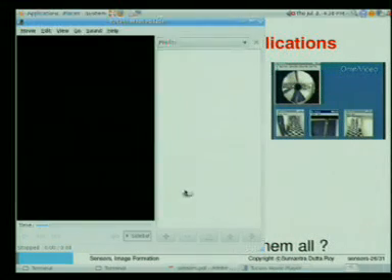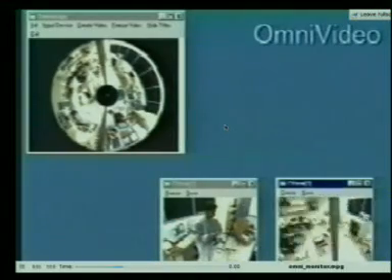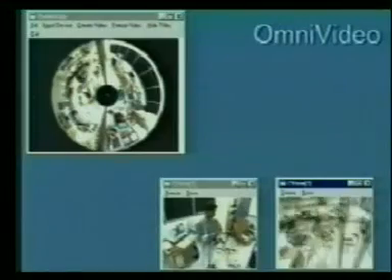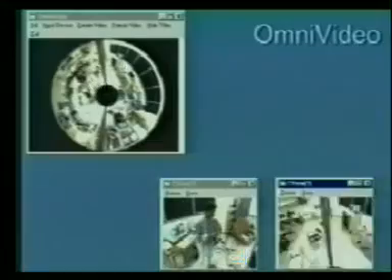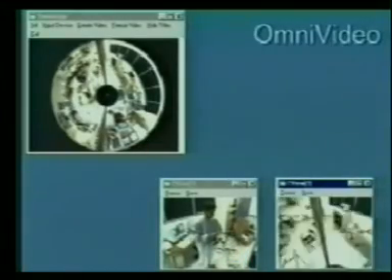One application is naturally surveillance. All of this is done in real time on 1997 hardware. Look, just by rotating a mouse cursor, you are looking all around the room and you are getting all of these perspective projection images.